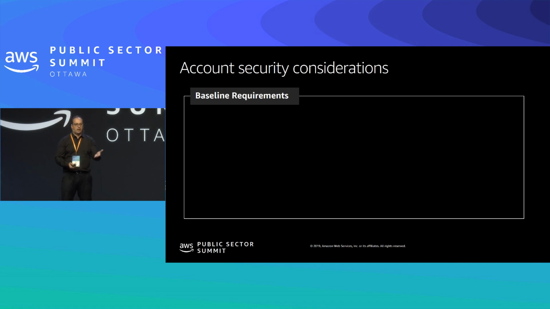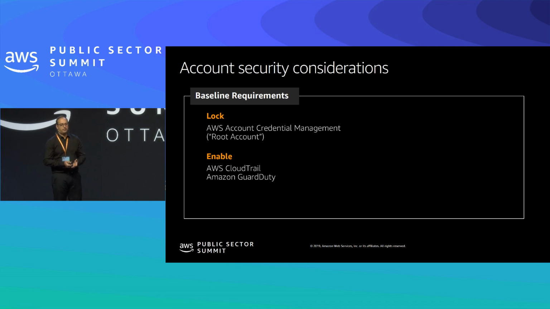And with that, let's define a few here, some common ones that you'd want to have. When you open up an account, the credentials you provide become the root account. They have the most access and permissions. So as all these other subsequent accounts get created, you want to lock it down. You want to enable AWS CloudTrail, our auditing service, and Amazon GuardDuty, our intelligent threat detection and continuous monitoring service.